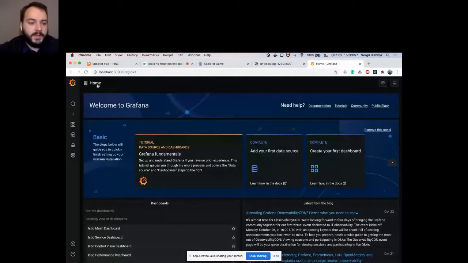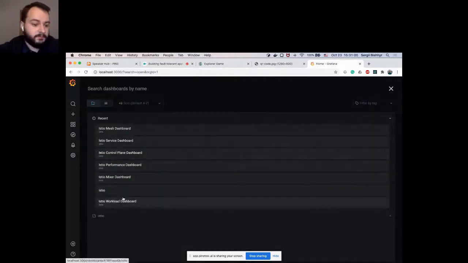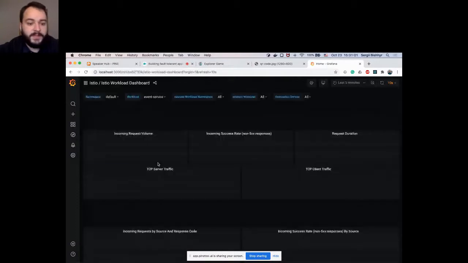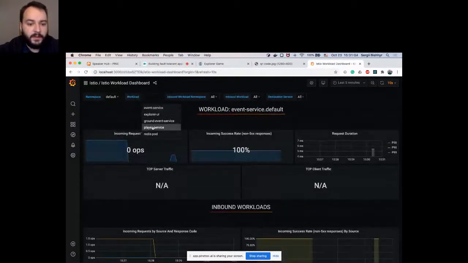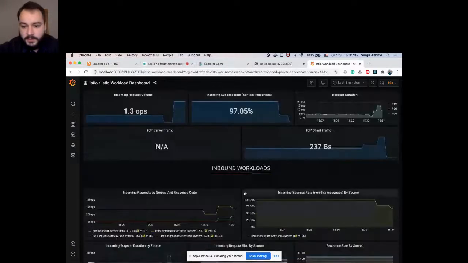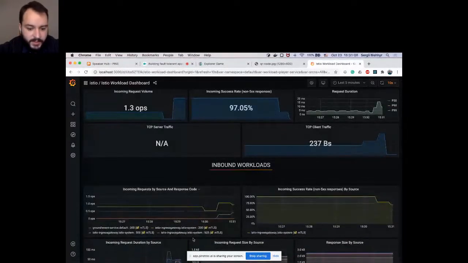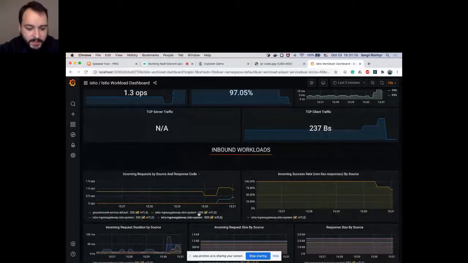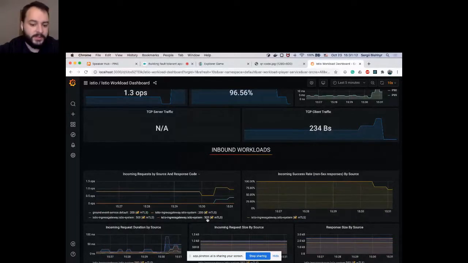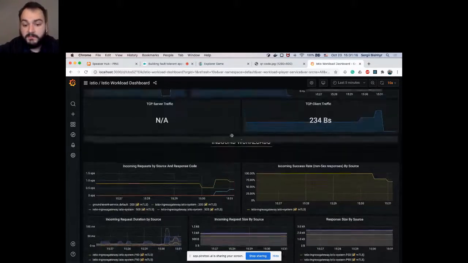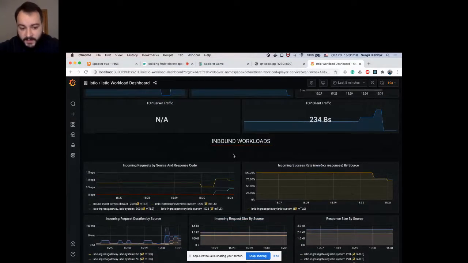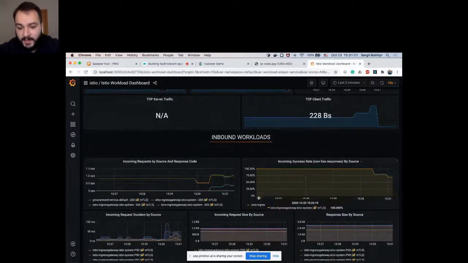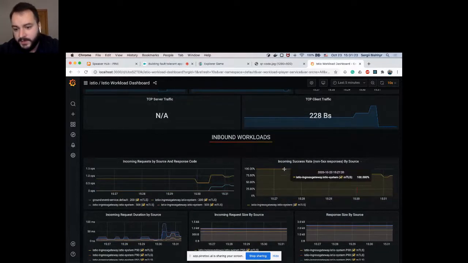Let's take a look at the dashboards that we have for player service, because our player service doesn't look healthy. Okay, so request duration, and we can see that from time to time we are receiving some errors such as 503 or 500. So basically we can see that something isn't correct, but it's not all the time, because actually success rate is about 75%.